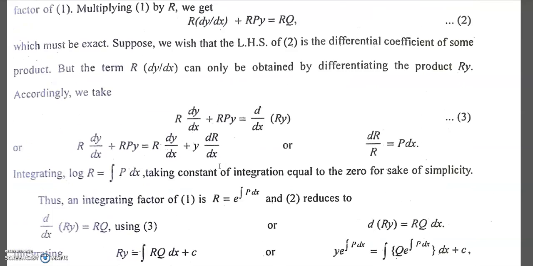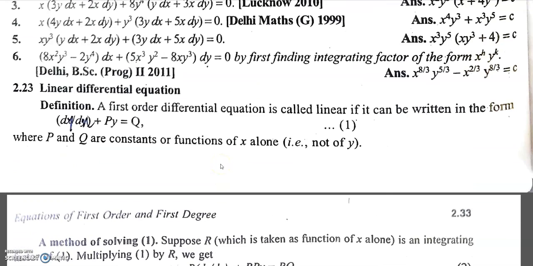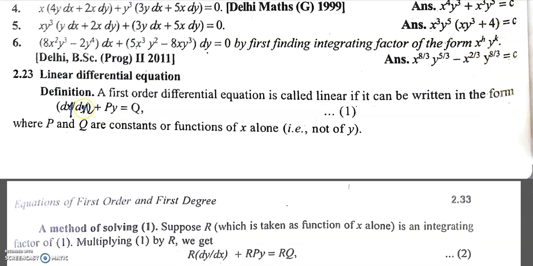understood or not? See, what is our linear differential equation? dy/dx plus py equal to q. Now what is our integrating factor? It is e power integration p dx, because dx is below. So e power integration p dx is our integrating factor, right? When you multiply this by the integrating factor, the left hand side